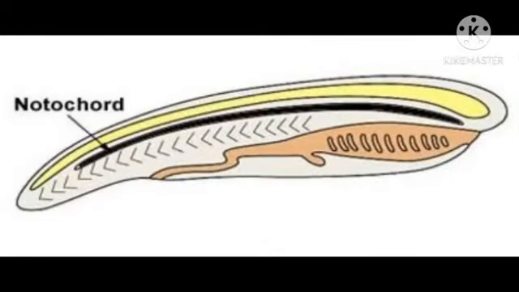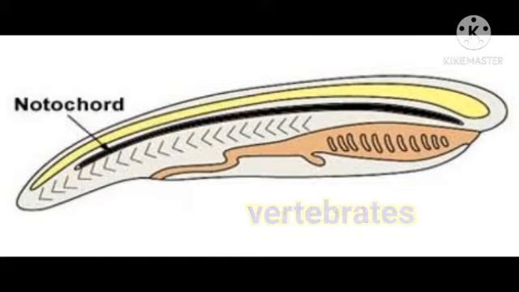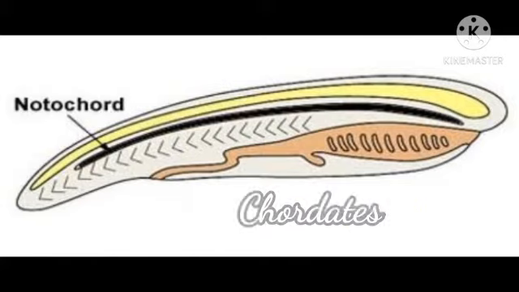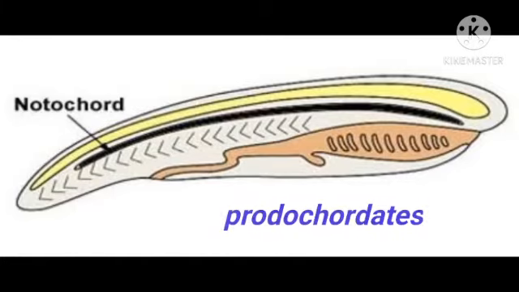The third criterion is notochord. It is a long rod-like structure which runs along the body between nervous tissues and the gut and provides a place for muscles to attach for ease of movement. Organisms could be without notochord, and we call them non-chordates. With notochord, they are vertebrates or chordates, and some are hemichordates or protochordates, which have a notochord in the initial embryonic stage